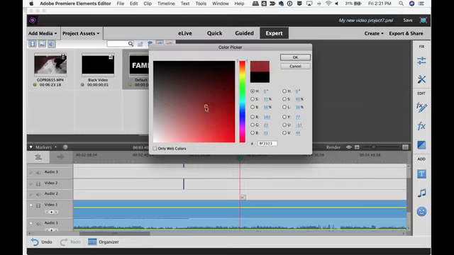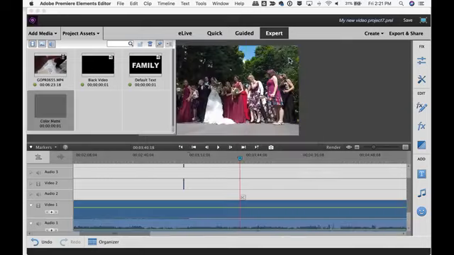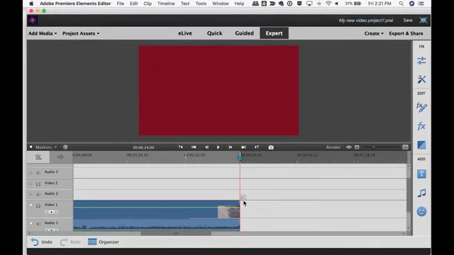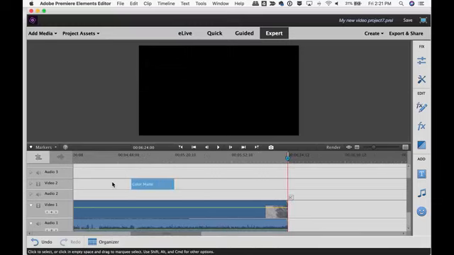So in this case, the colors of my brother's wedding were kind of like this maroonish color. So I'm going to choose that. And you can see it just added that to the very tail end of my clip. I'm going to make it a little bit bigger, and then I'm going to bring it up to the